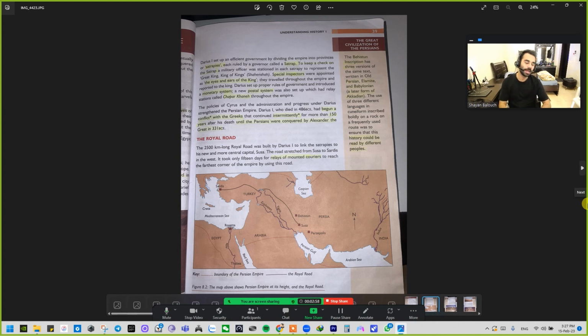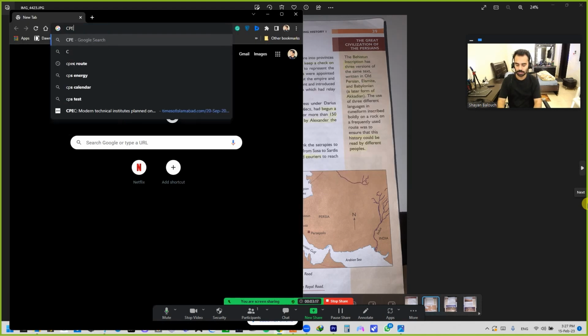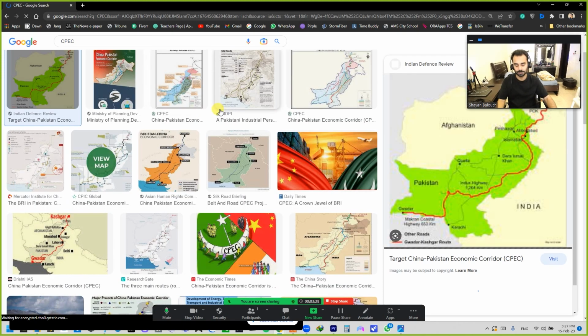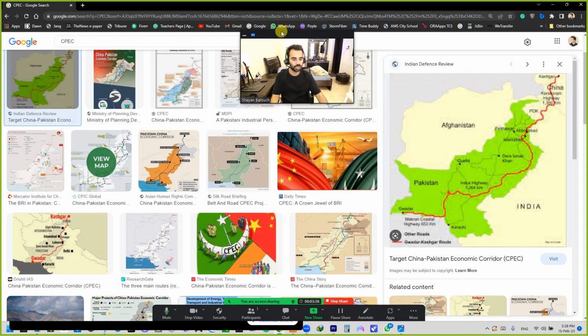this road. Now, if you remember, dear students, in class I explained to you about an ongoing project in our own country, Pakistan, which is called CPEC, which stands for China-Pakistan Economic Corridor. Well, let me give you an example. This is a little bit of information to add to your current affairs and general knowledge. CPEC is a project in Pakistan which is being executed in partnership with Pakistan and China, where